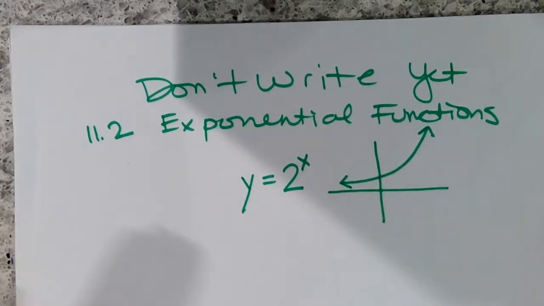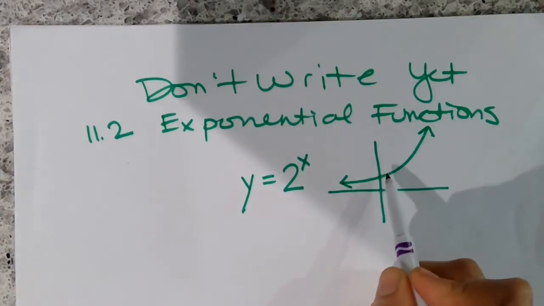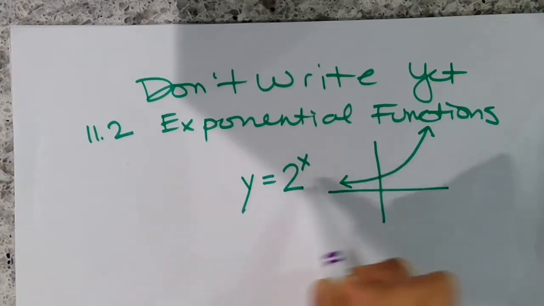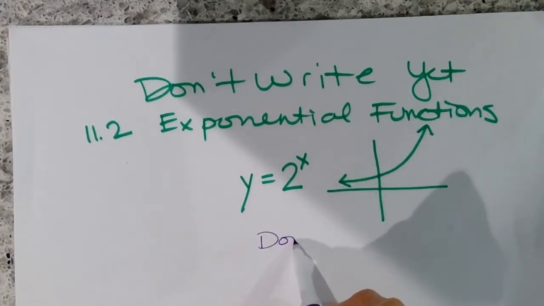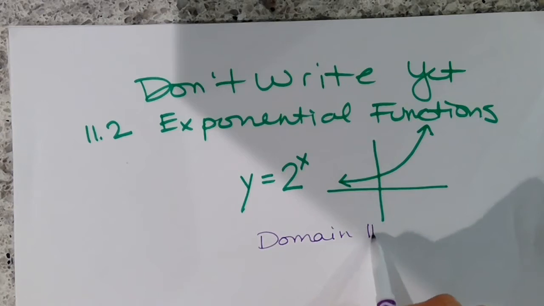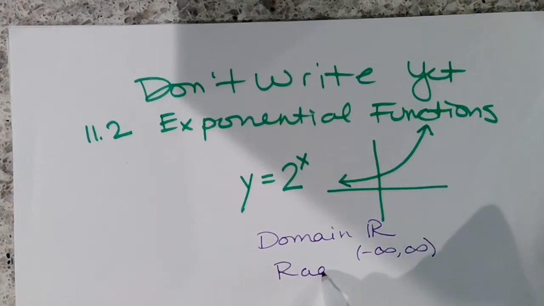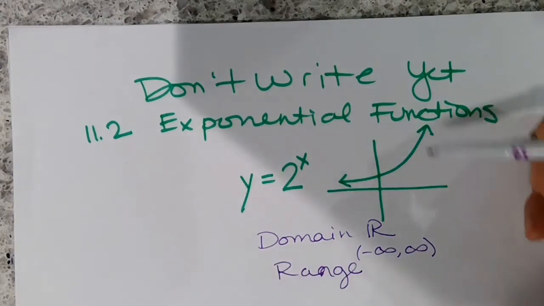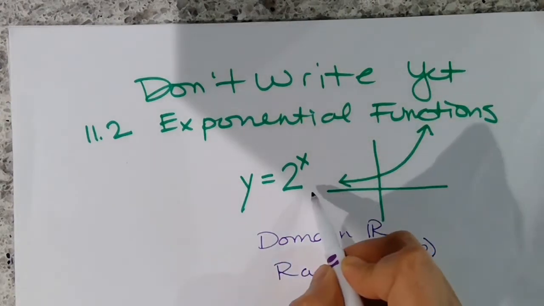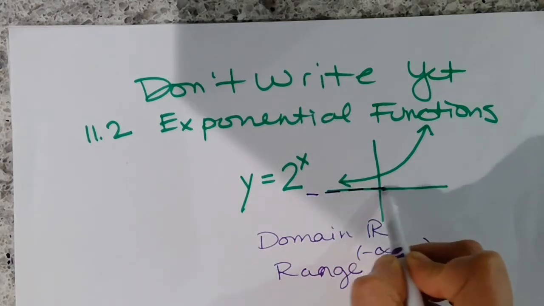Important things to note is that the domain for something like this goes forever this way, forever this way. So your domain is going to be all your real numbers, or you can say from negative infinity to positive infinity. Your range, if you look at this, actually has an asymptote,